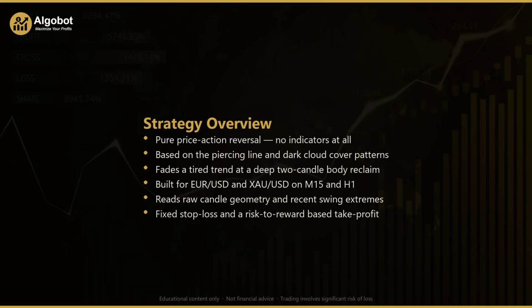What makes this approach interesting is that it uses no indicators whatsoever. There is no moving average, no oscillator, no smoothing of any kind. Every decision is based purely on the geometry of the candles and the recent swing highs and lows. The strategy waits for a market that has been running in one direction, then watches for a single candle that pushes to a fresh extreme before sharply reversing and closing back deep inside the previous candle's body. That reclaim, where the candle gives back more than half of the prior move in a single bar, is the